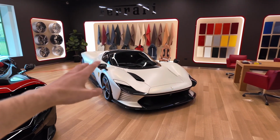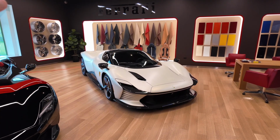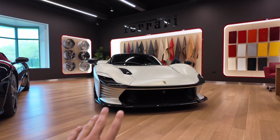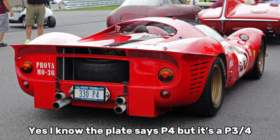Again, same with the Purosangue. I haven't filmed one of these on the channel, but I have spent some time around them. And this thing looks like a Ferrari from the 23rd century. I mean, the strakes everywhere. It's just super cool. Based on the 1967 Ferrari 330 P3,